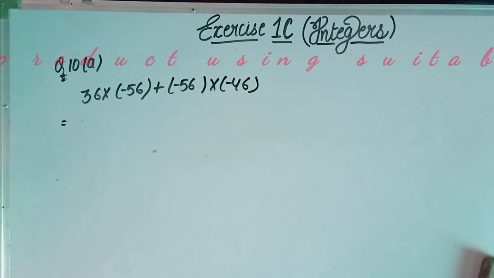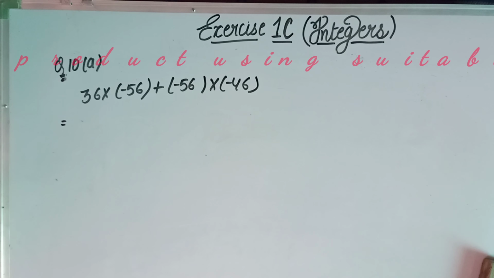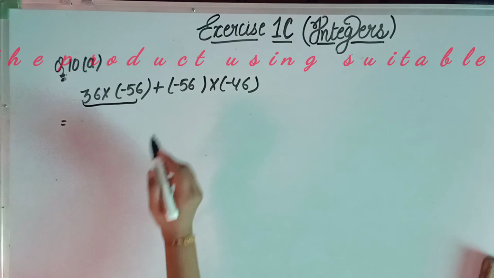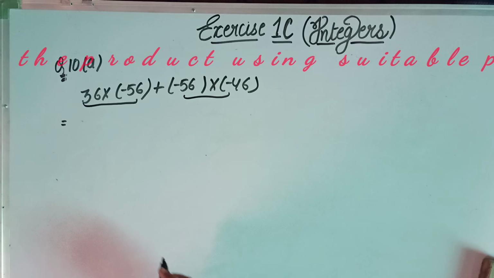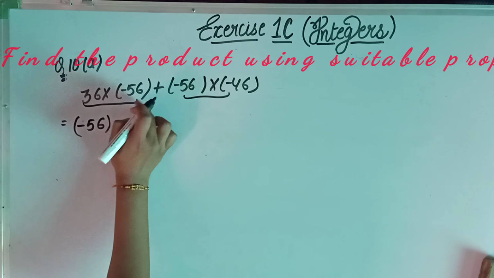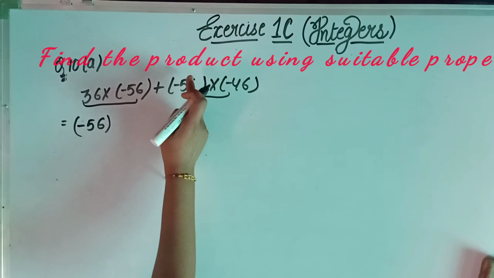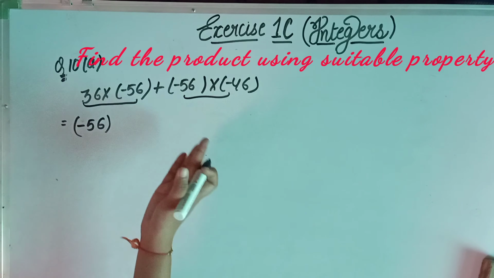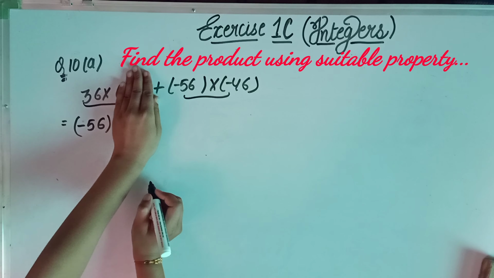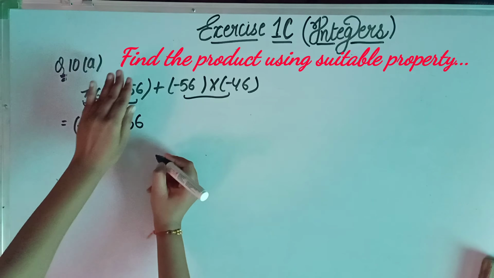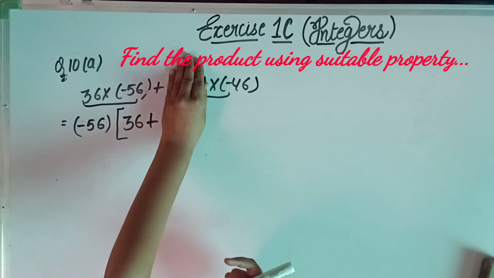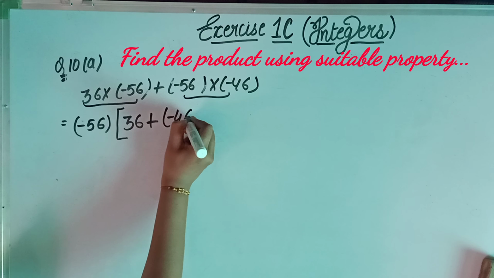Okay, so here we need to solve this one. So how are we going to solve? आपको दिख रहा है कि यहाँ पर 56 आ रहा है, यहाँ पर भी 56 रिपीट हो रहा है. जो नंबर रिपीट होता है you need to take it as common. जो भी नंबर रिपीट हो रहा है, देखो यहाँ इसमें भी आपके पास 56 रिपीट हो रहा है, यहाँ पर भी 56 रिपीट हो रहा है. हमें प्लस से पहले और प्लस के बाद देखना है. तो 56 रिपीट हो रहा है, क्या नंबर बचेगा? आप 56 को हाइड कर लीजिए, क्या बचेगा? That is 36. Okay 36. और क्या बच रहा है? 36 के बाद प्लस, हमें क्या हाइड करना है? माइनस 56. क्या बचेगा यहाँ पे? माइनस 46. So here we need to put minus 46.